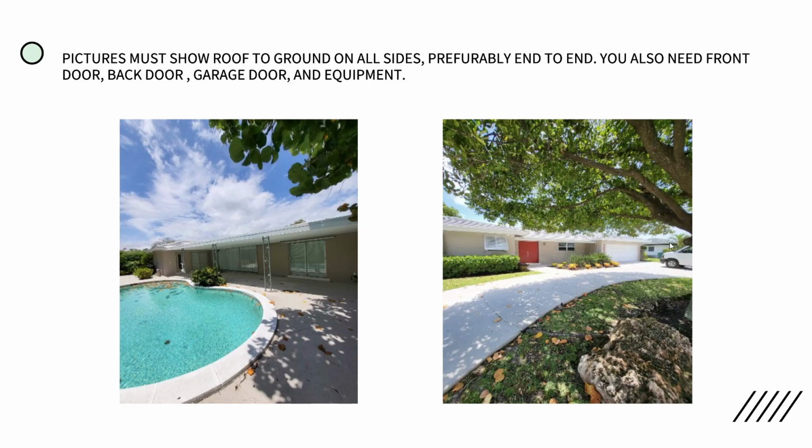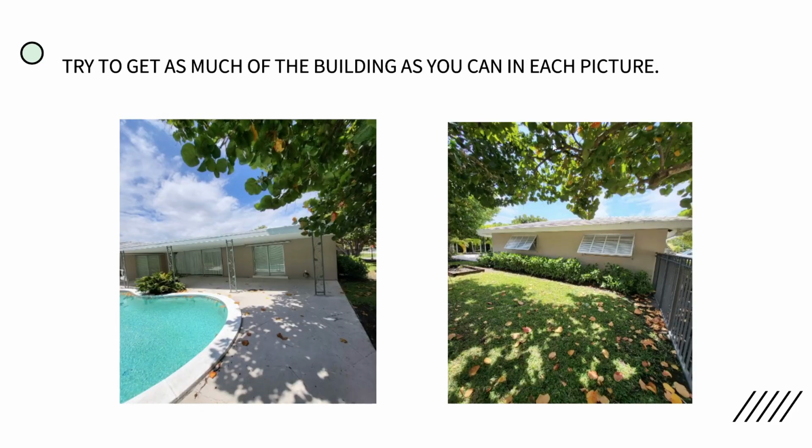And if I can only get this half, then I get this half, and I turn a little bit and I get this half. But what they ask for on the elevation certificates is they want to see end to end, and they want to see ground to roof. So you want to back up and get as much of the house in the picture as possible, like these. And then after you get the front and the back and all sides, and again, end to end, ground to roof,